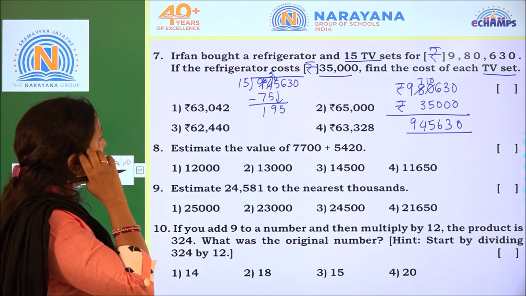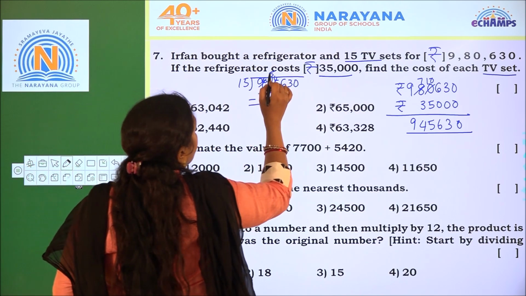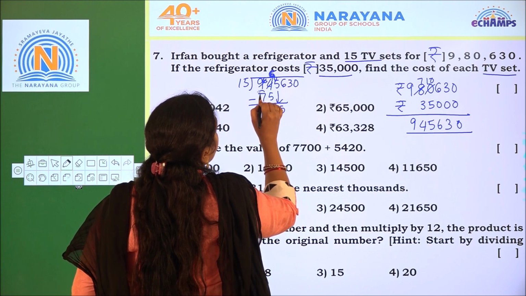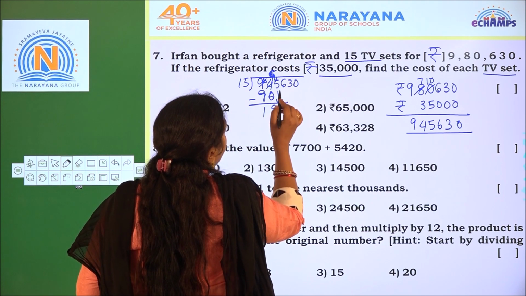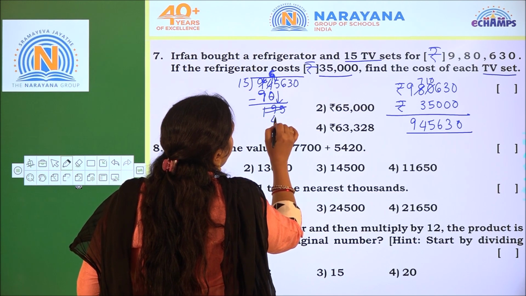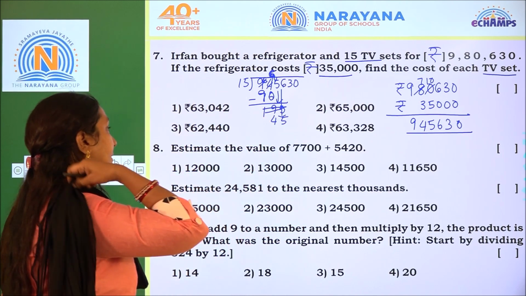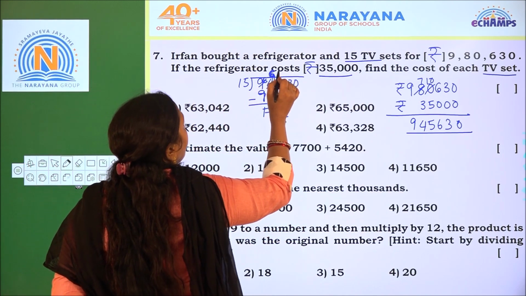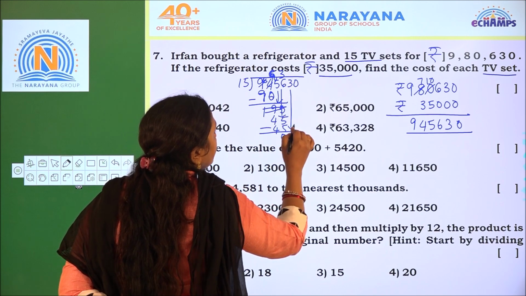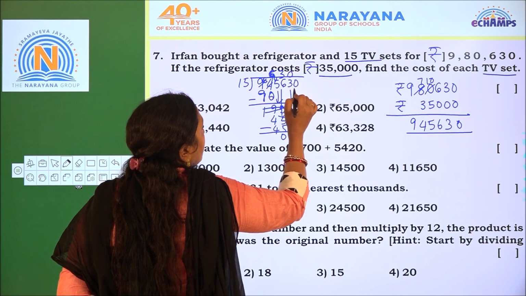Now, can we take 6 times? Yes, because 6 15s are how much? 90. So 90 we can take, so directly it will be 4. Now take down 5. Can we take directly 3 times? 3 15s are 45, no? So 45. Now 0. Now take 6, you cannot, so keep the 0.